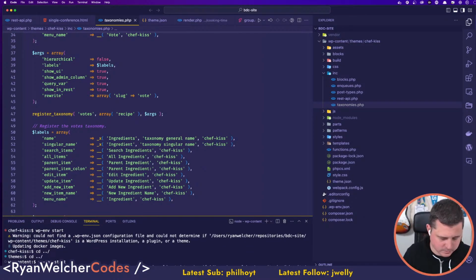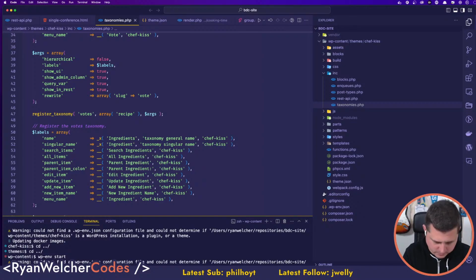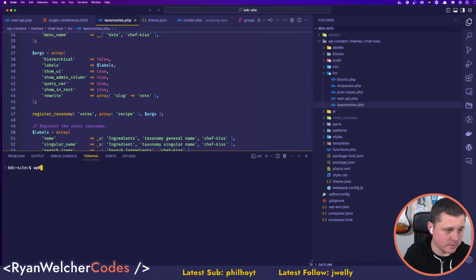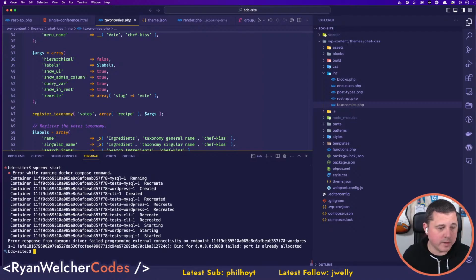What the hell? Oh, sorry. What I'm trying to do is run wp-env start so I can get my development environment running for this FSE theme. Yes, it's an FSE theme. Oh, come on. Port is already allocated.